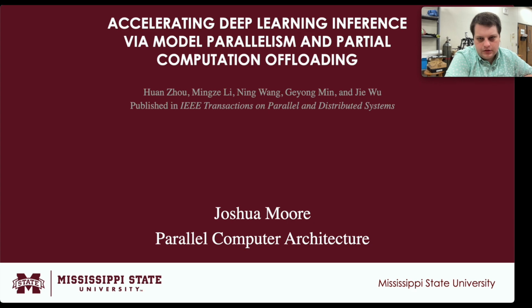What I hope to do today is detail this research that explores partial computation offloading by breaking down deep neural networks into granular layer-level subtasks, which are then processed concurrently on IoT devices and edge servers, which hopes to reduce the transmission time and enable parallel processing within multi-mobile edge communications for IoT devices.